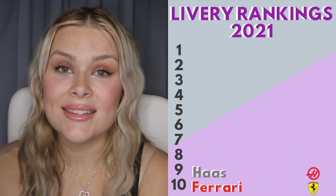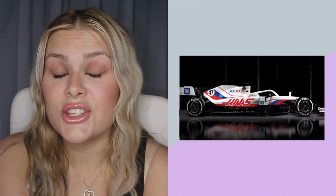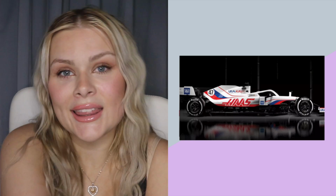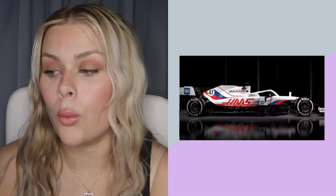I'm not a fan. Okay, so coming in at number 9 is the Haas livery. Now, actually, when I first saw it, I was like, I hate this. But then when I saw it on track, I actually didn't mind it. However, it is just what it actually represents and what is all behind it that is making me lower this. I think if it was just a livery, and I didn't think too much into it, it's not actually that bad. But I feel like we are losing the authenticity of Haas and we are just losing who